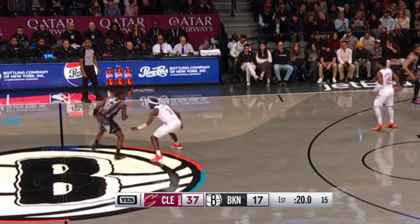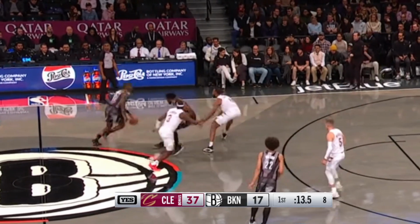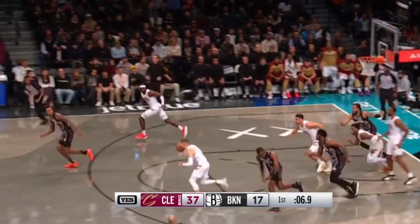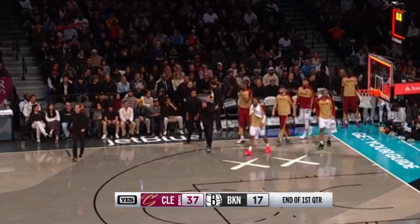LeVert is 3 of 3 from long range. You said it, nearly 47% this season. Milton with 5, penetrates, puts it up, no, Sharp couldn't grab it, Merrill has time. 5 seconds, 4 seconds, pull up, three. Ball tosses it up, and that's how the